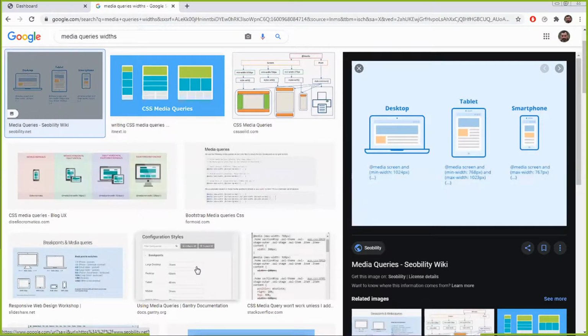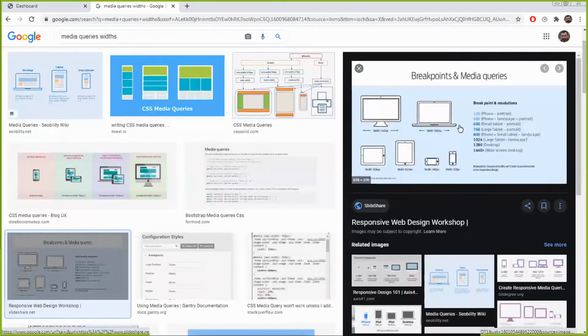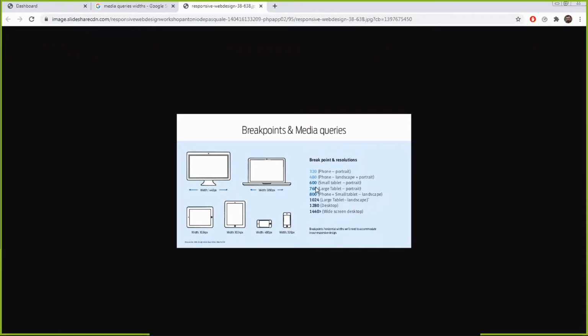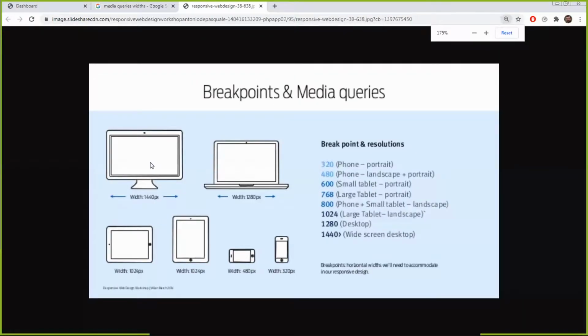Okay, as you can see, you're gonna find different sizes. Let's open this one. So for instance, a desktop computer is gonna be somewhere around 1440 or 1280, okay? Or actually bigger. Anything bigger than 1280 is actually a desktop computer or a big TV. 1280 is gonna be maybe a desktop computer also, or it's gonna be a notebook. Okay, 1024, a tablet in